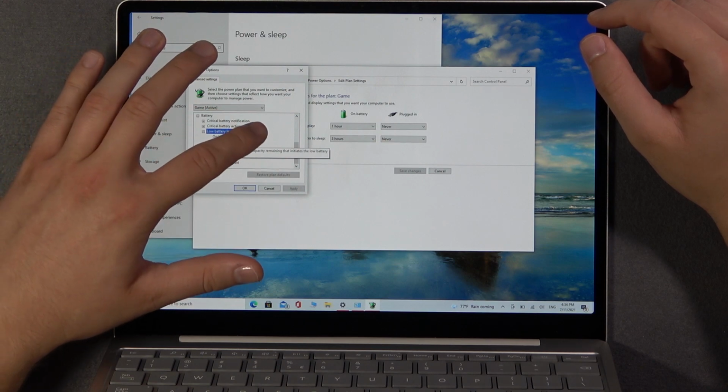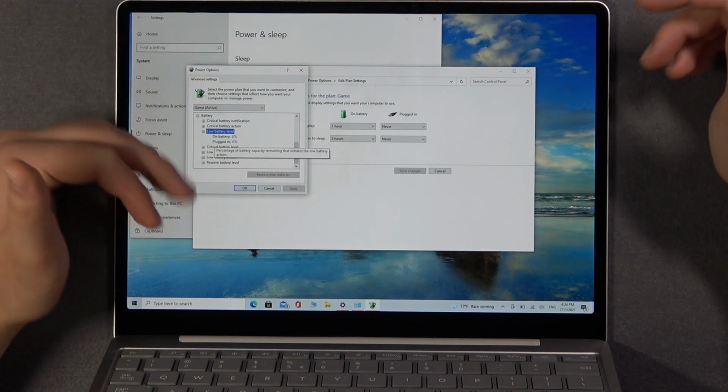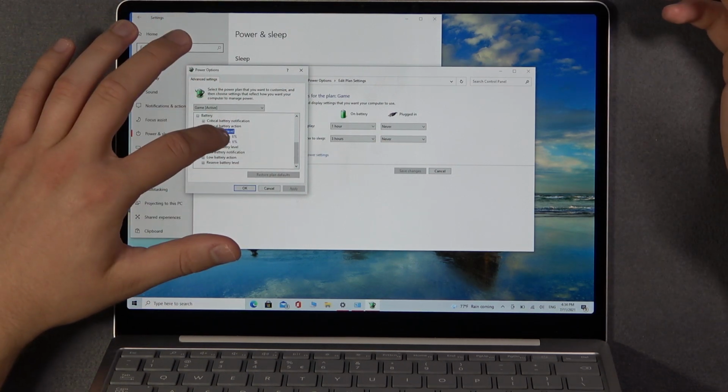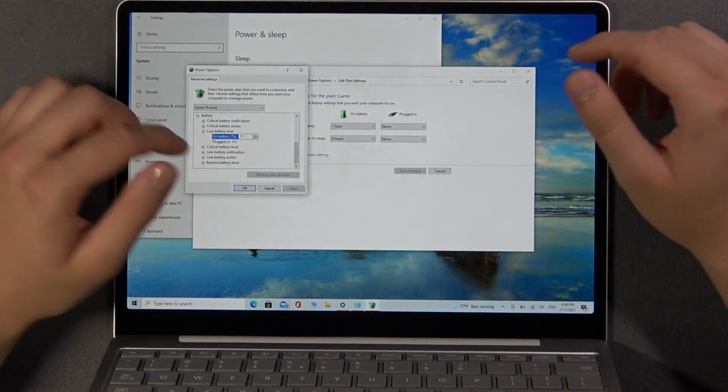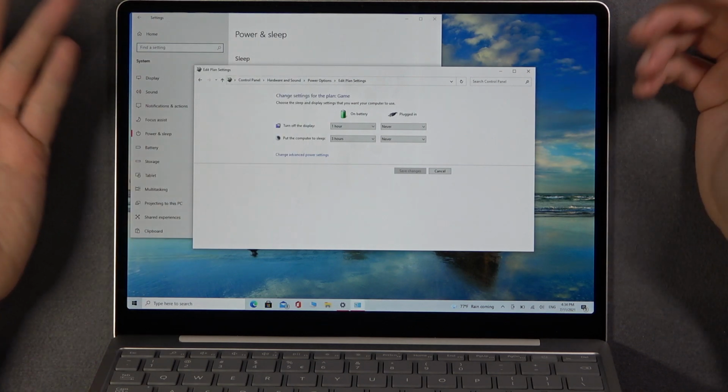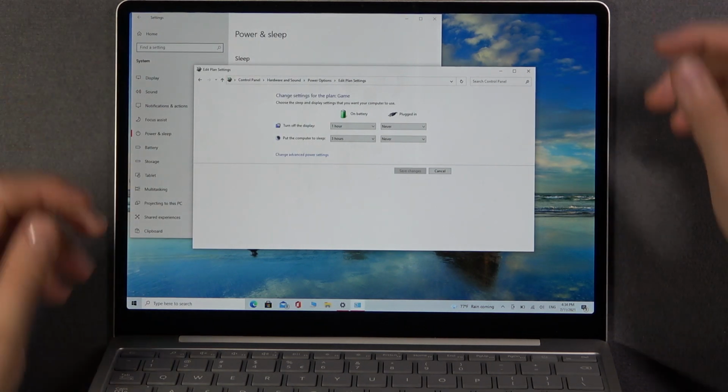As you can see, currently on the battery, and when you are plugged in, is only 6%, but you can change it also very easy by clicking here and then changing this value and clicking apply, then click OK, and that's all. As you can see, that's how it looks. So it's very